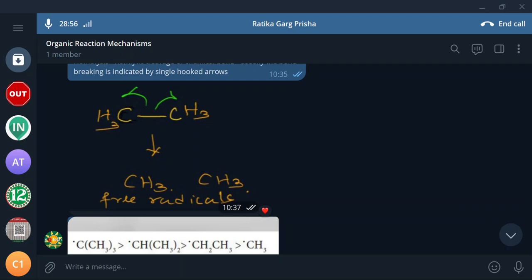Okay, so it has one electron less. No, no, no. One electron it has additionally. In the sense, for example, you have got a carbon. What is the valence of carbon? 4. So 3 are bound and 1 is left. So it is available with an odd electron, right? Okay. And that is why it is energized, and that's why it's called a free radical.